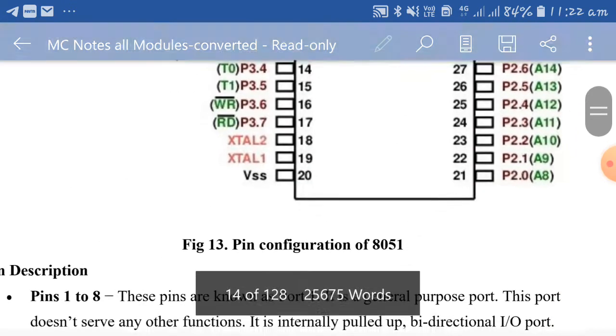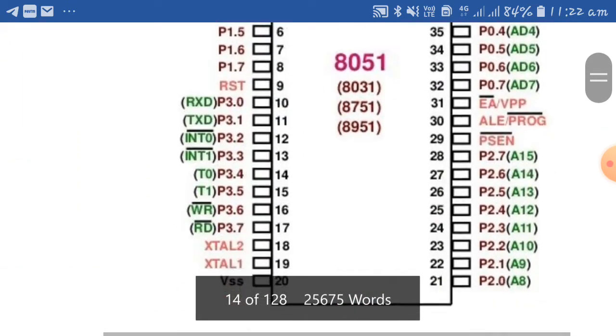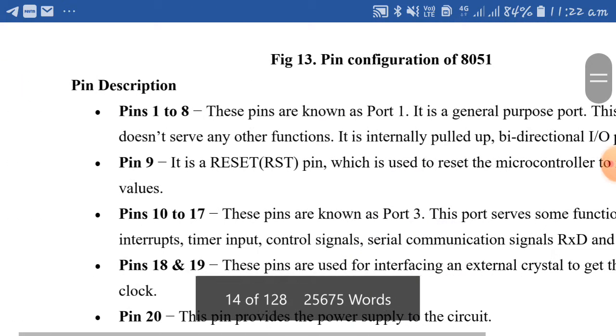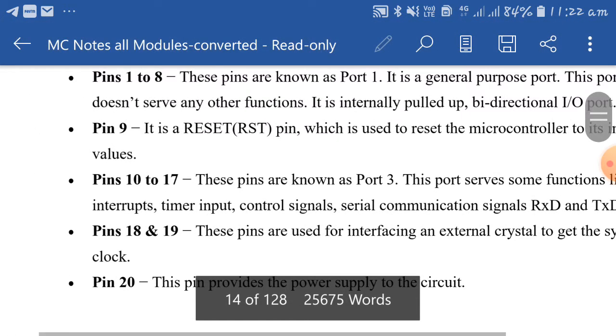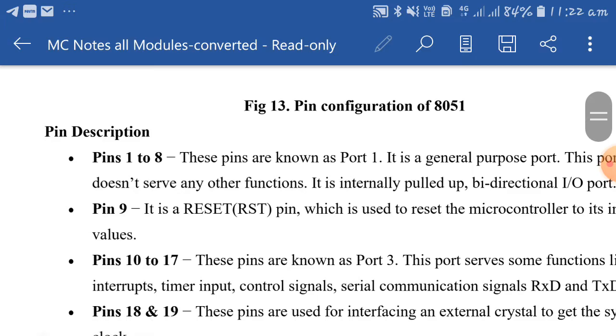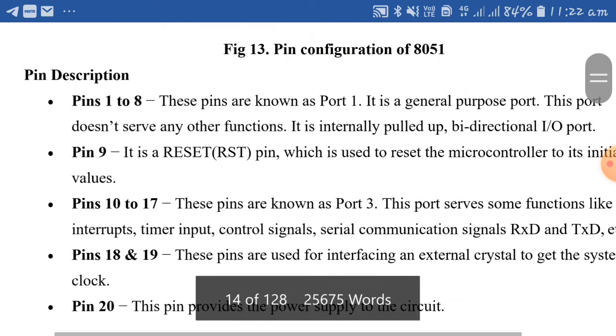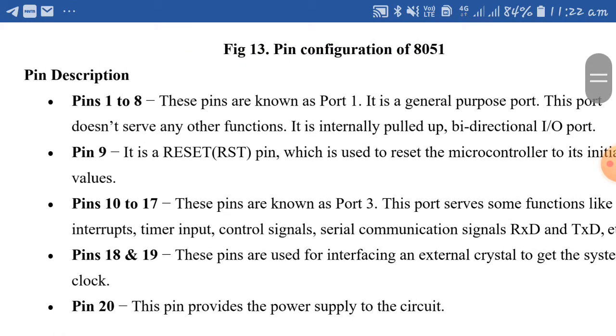This is a pin configuration of 8051. You can see this diagram. This question is going to ask for 10 marks. Explain the pin configuration of 8051, and you have to explain all the pin descriptions given here, the descriptions of every pin. Pins 1 to 8, and pin 9 is a special pin, the reset pin, used to reset the microcontroller,